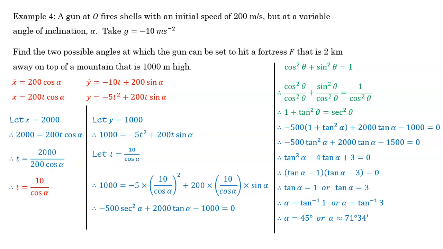Another question that we haven't looked at is I could give you the initial angle of inclination, but not tell you the initial speed. It's not as practical a problem, but nonetheless, we could have that, and we could solve for that initial speed as well if we are given a point of impact. Rightio, that's it for the second part of